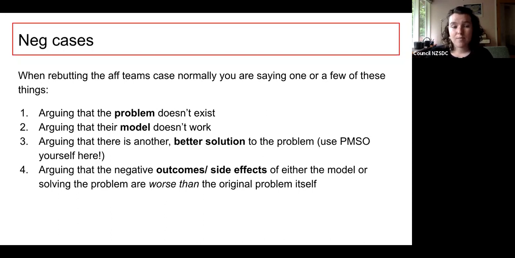And it's really important as a team that you all agree or have a sense of which of those strategies you're taking, because sometimes on the neg, it can be tempting to just be a dog that barks at every passing car and just disagree with every single thing that the other team says, even if that undermines your own point. So if your argument is that there's another better solution to the problem, and you spend heaps of time arguing that the problem isn't really important, it's hard for your solution to be impactful in the debate as well. Does that make sense to everybody?